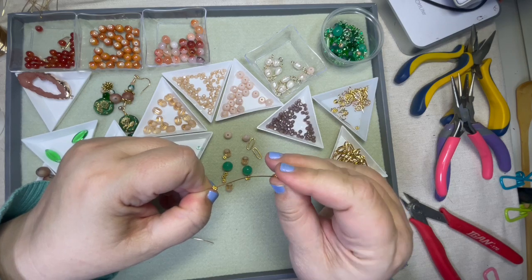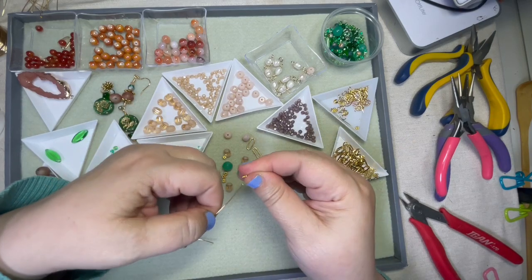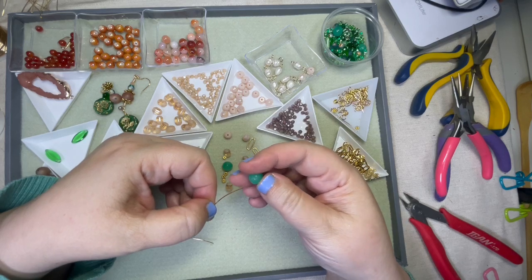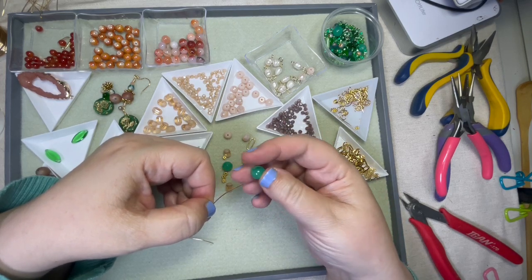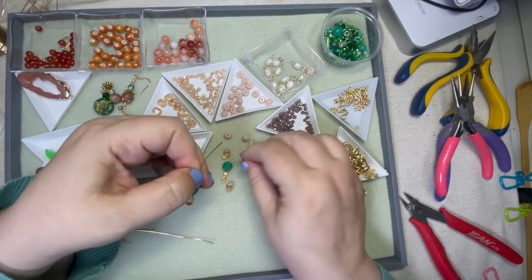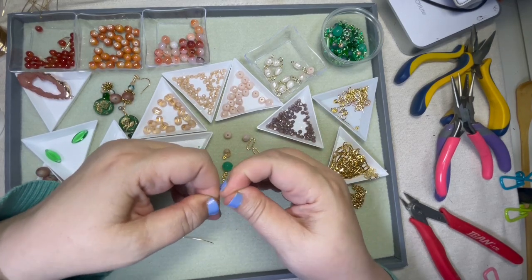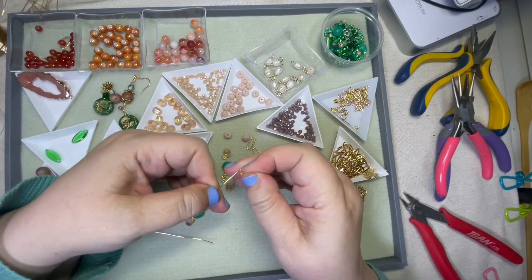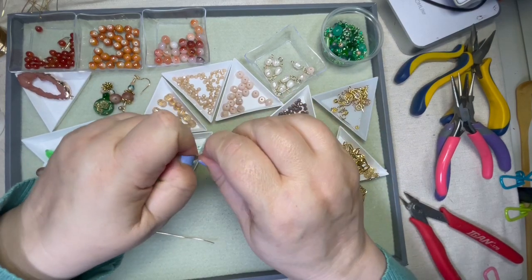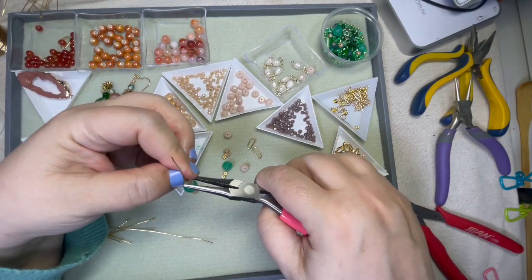Add my little daisies. I'm doing 3 down here for kind of a texture. I'm going to put our really pretty, I think this is dyed agate. It's a pretty, very soft, sea foamy kind of green. Okay, so that's kind of our long piece, and then we're going to,